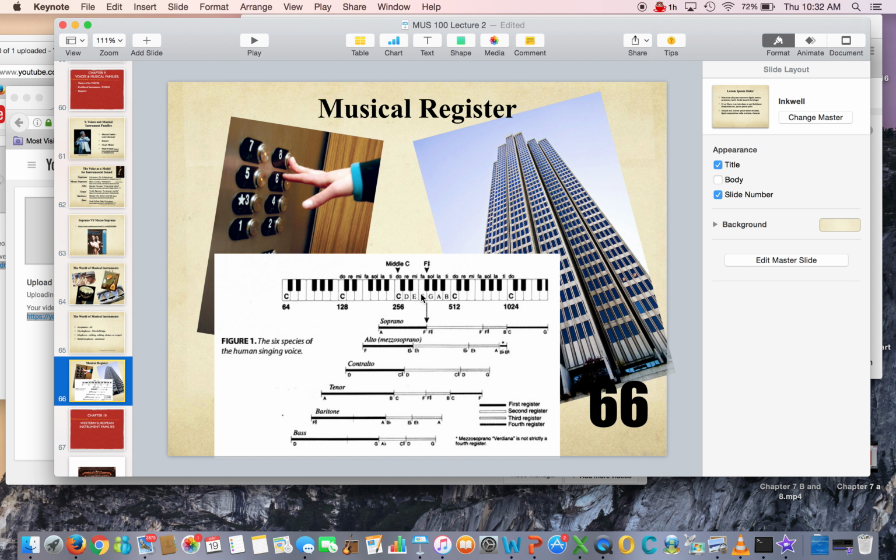So these are the voices, the human voices. The bass, you can see, sings the lowest. So imagine that's like the lowest floor of the building. The baritone can sing the low notes, not quite as low, but a little bit higher than the bass. So you go up the elevator a little bit. The tenor continues up the elevator, can sing pretty low, not as low as the baritone or the bass, and higher than both of them. So tenor is the high male voice.